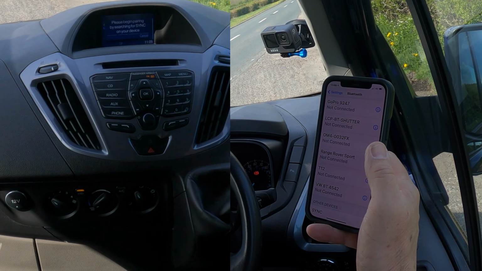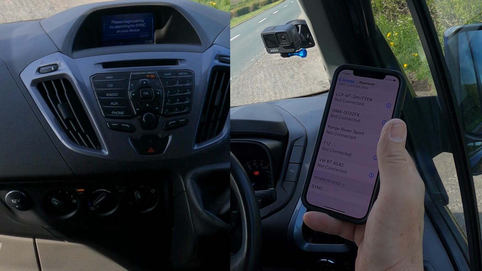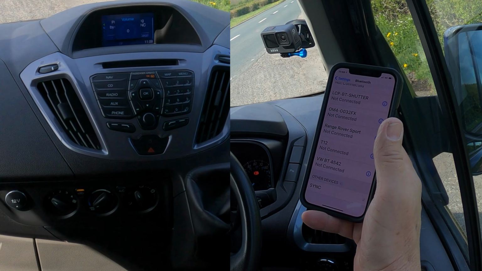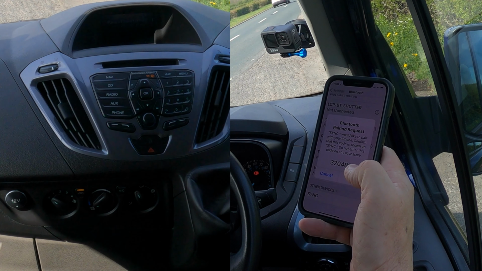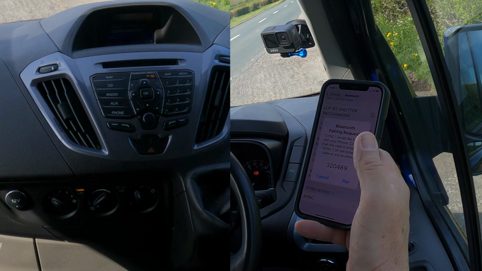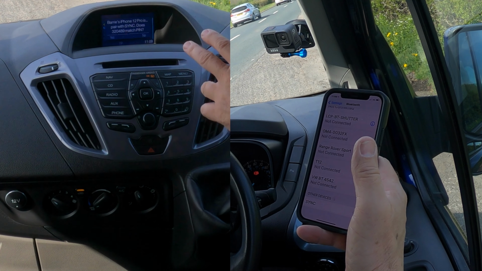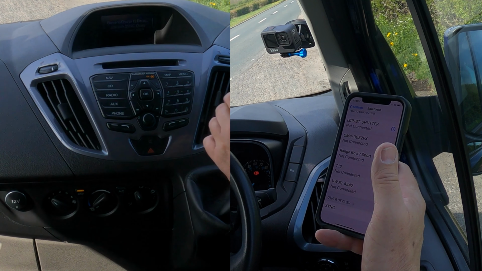Click add. Search for sync on your device and select sync once it is found. So that's a bit loud. So sync's come up there, so we select sync. Confirm that the pin displayed on sync matches the pin displayed on your device. 320489 pair, so yes it does, and we just click, you've got yes there and no there, so yes it